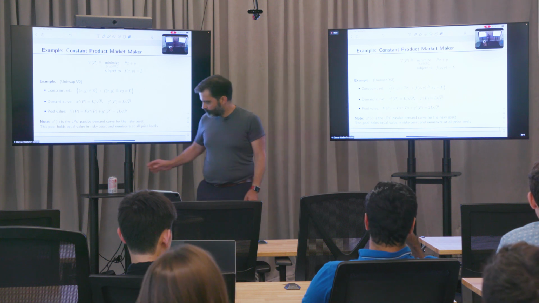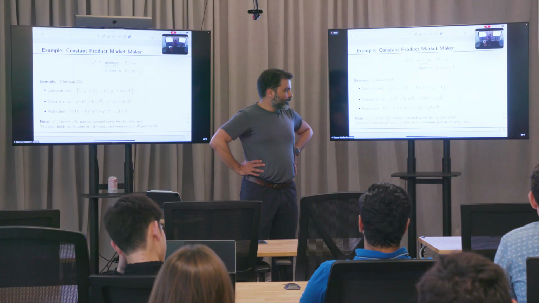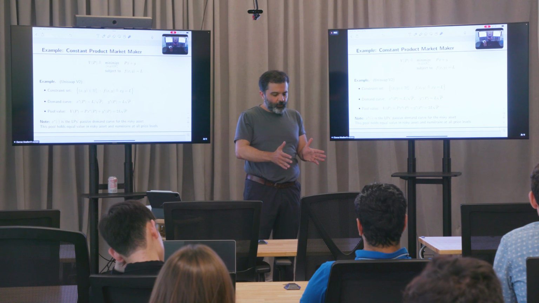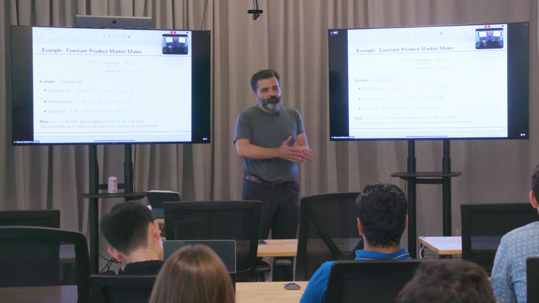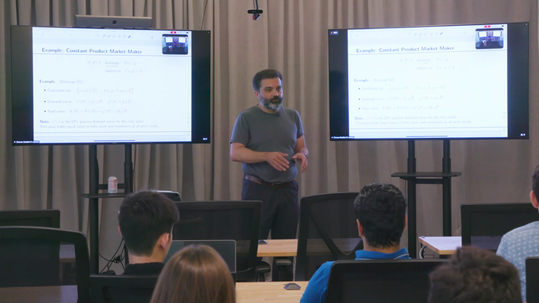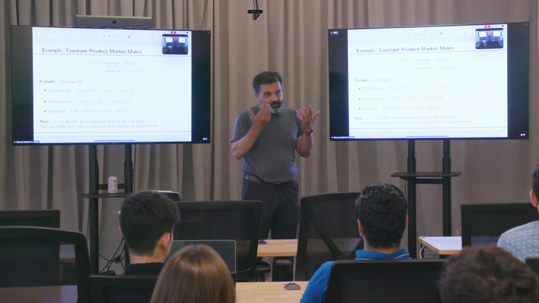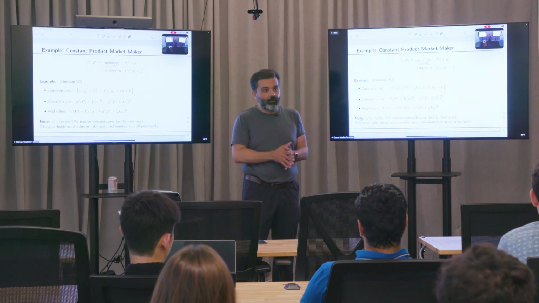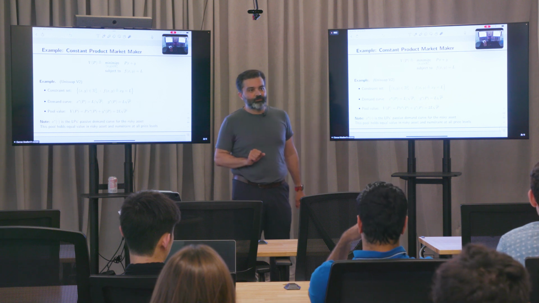Yes? So in the model, are you assuming that liquidity providers are not reacting by removing liquidity? Because it seems like if they anticipate significant adverse selection, they might choose to remove liquidity, and that may also affect the trading costs and the quantities. So I'm going to assume you're looking at a horizon where you've committed to provide liquidity for that horizon, and you're not going to revisit it till the end of the horizon. So I'm going to assume that there's no minting and burning of LP shares. When I show you the empirical results, obviously in the real world, there is minting and burning, and we'll account for that. But for purposes of the model, I'm going to assume the liquidity provision is static.